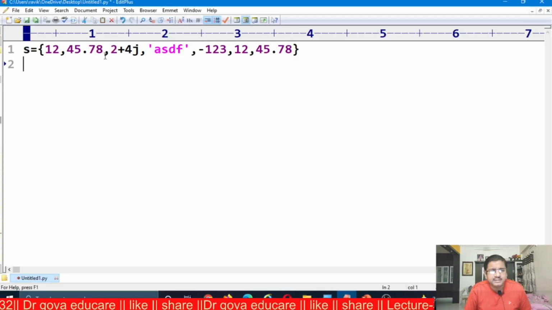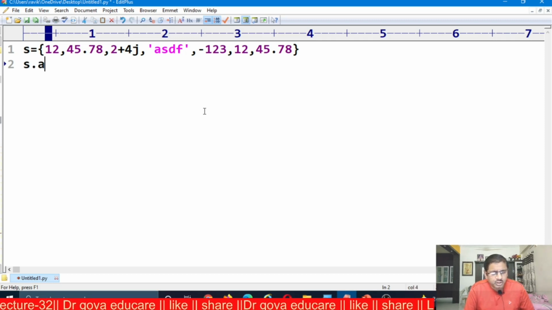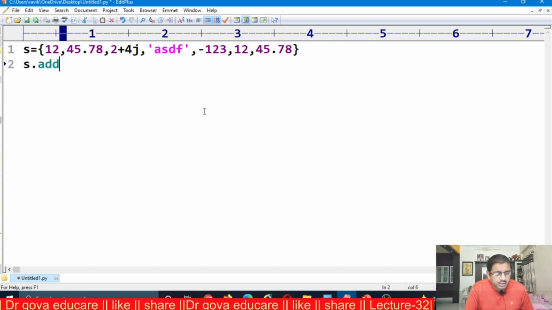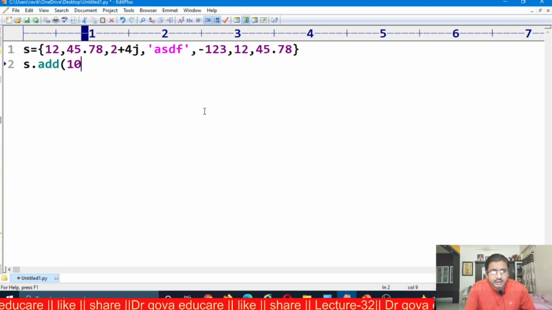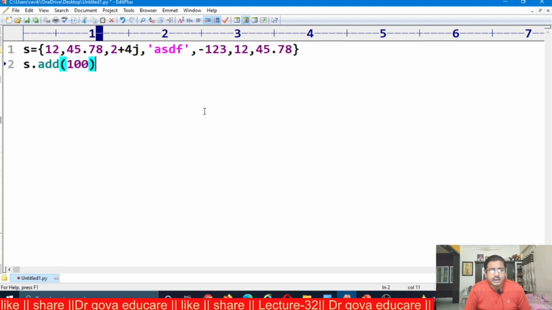This is the set. Now I want to add one element to the set, assuming 100 is added to the set. I am using the add function: s dot add of 100.